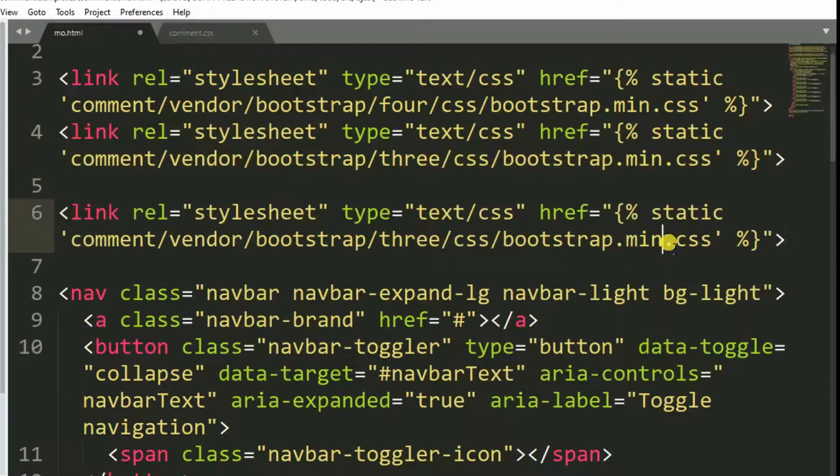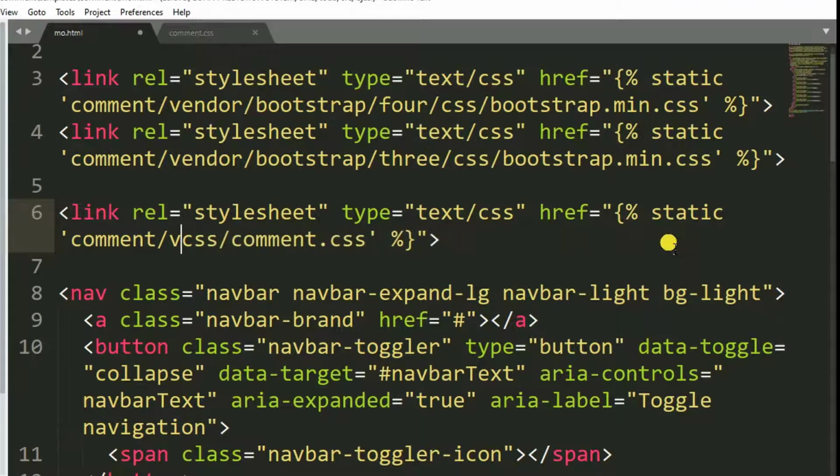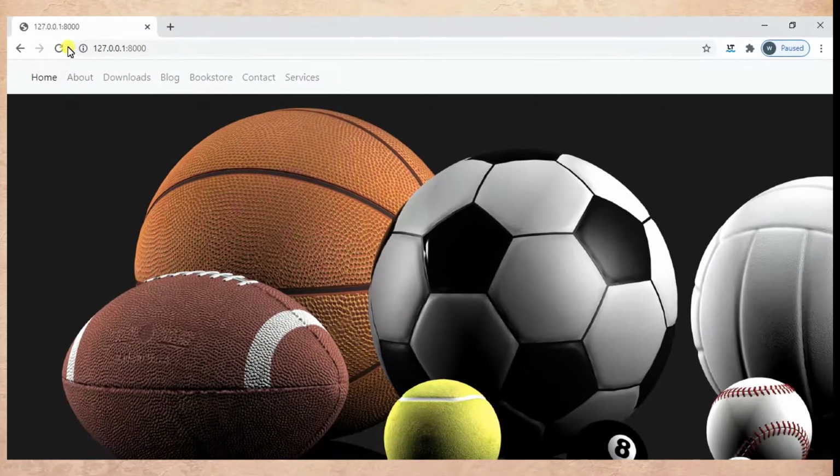Then we want to include our comment.css. Then the path is from the css folder, comment, here. Let's Control S to save the changes and go to the browser and refresh the page.